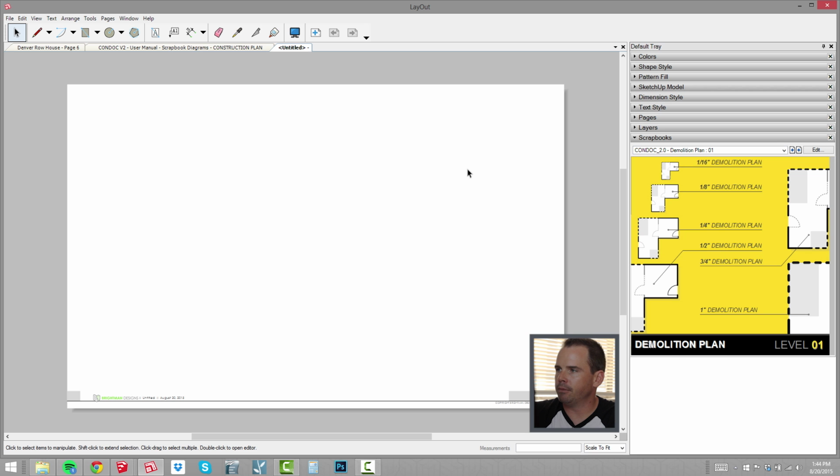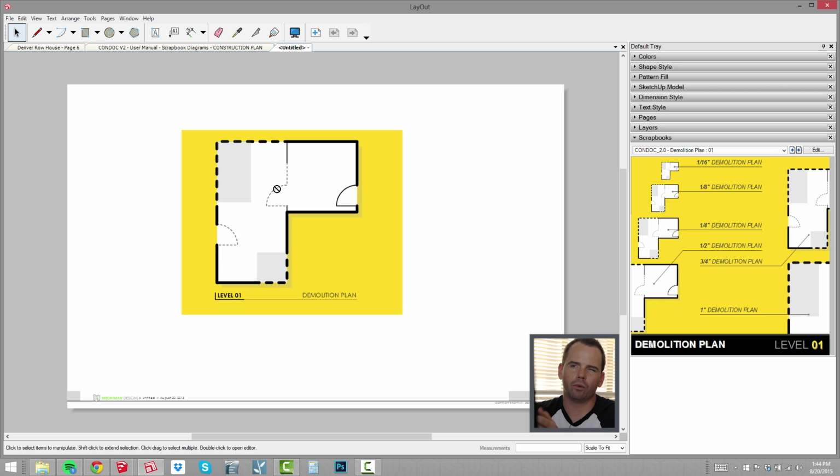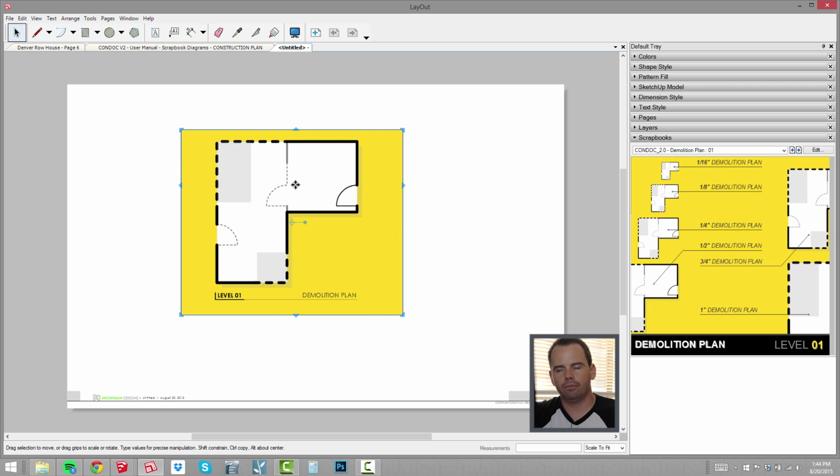So we just bring up that demolition plan scrapbook, and we'll do a 1/4 inch, I think will fit okay on this page. And that's for level 1. So really we're just talking about level 1 right now. All right, so now, again, this is like a packaged up stack of viewports, and these viewports are linking to